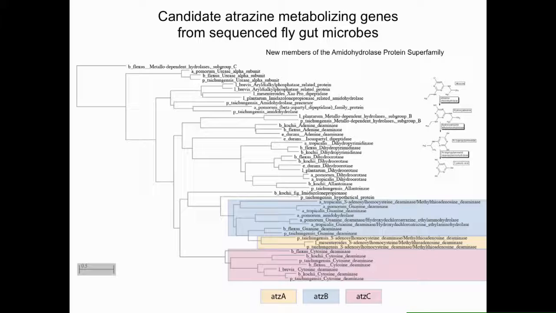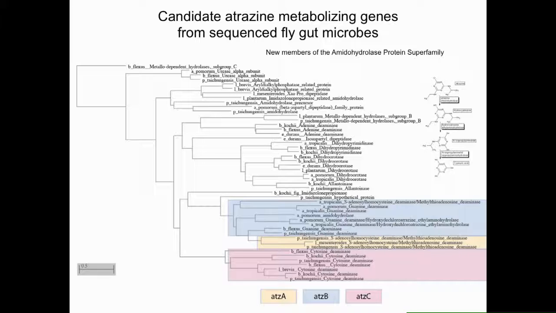So now back to the hunt for genes involved in atrazine metabolism in the fly gut. We looked at the genic content of all of these clades sequenced. The pathway by which atrazine is metabolized through an aerobic pathway is very well known, and when we look for those genes, we see them immediately, shown down here. Notably, the entire pathway is not present in any one microbe, but it is present in a consortium of